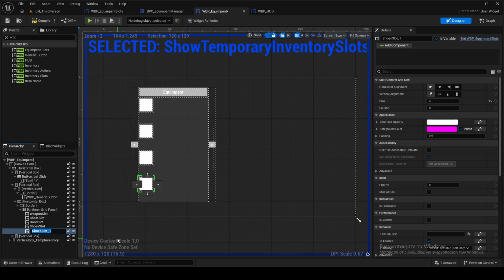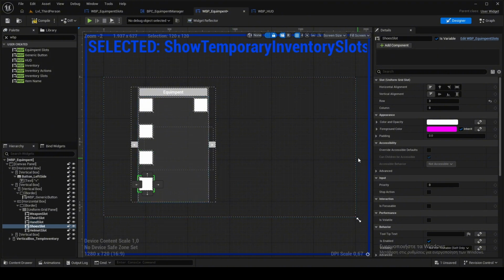Let's do like belt or helmet slot. And this will be row 0 and column 1. And I will go like that, okay, and this is okay, this is okay,